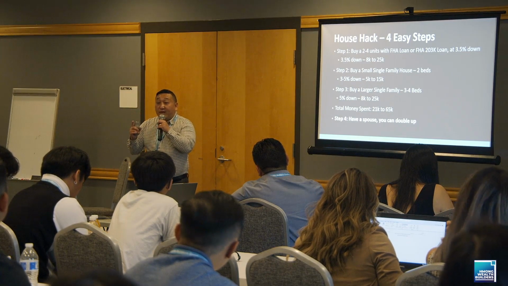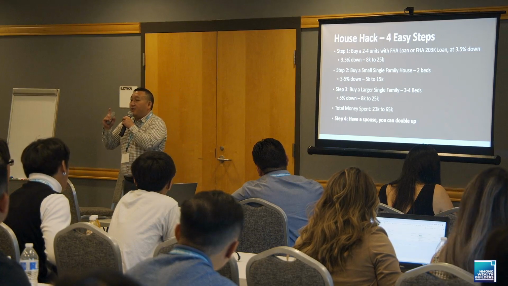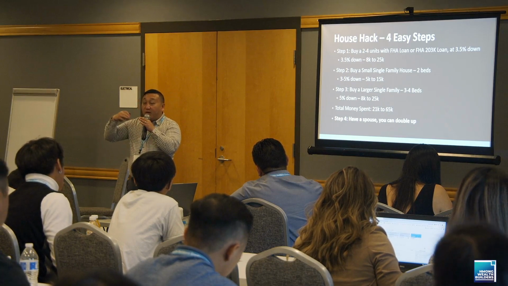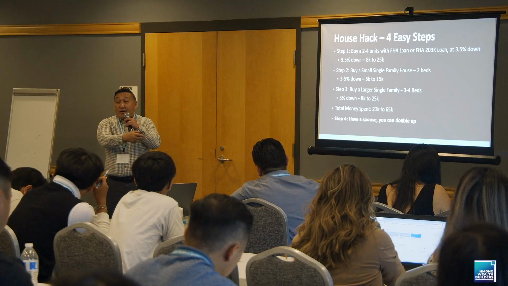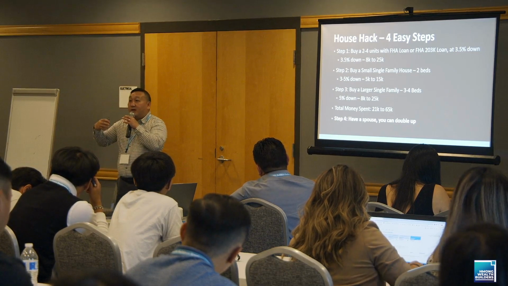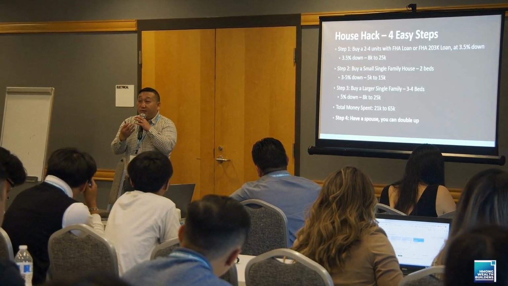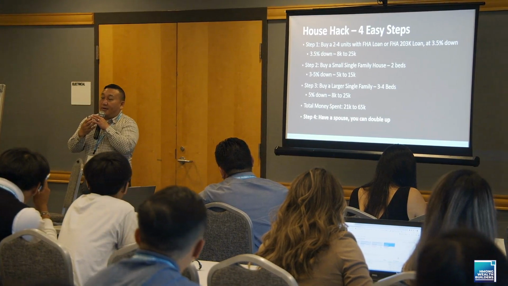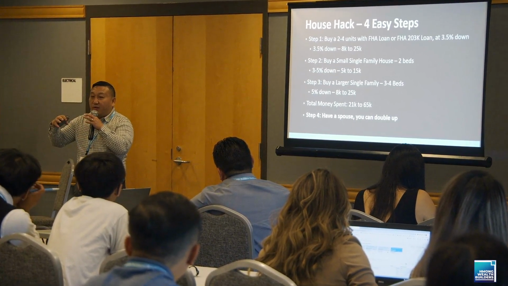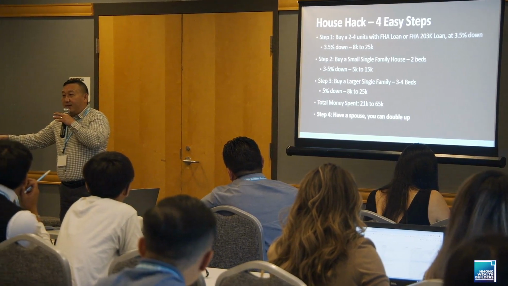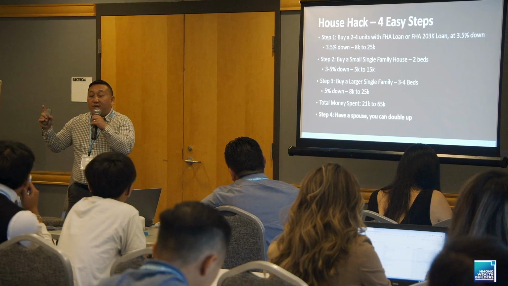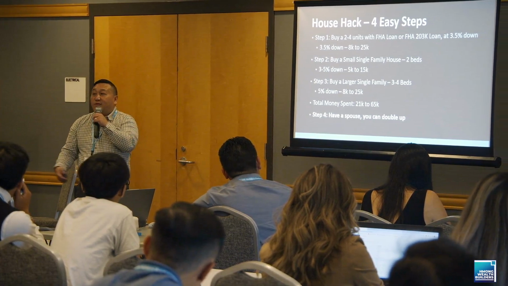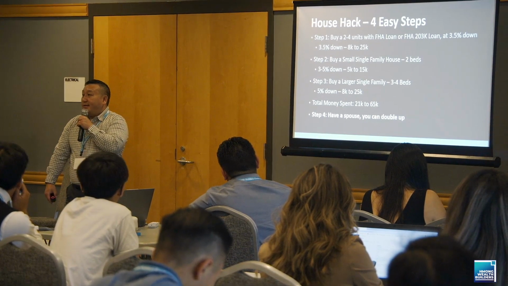The rule for FHA is that you can have one FHA loan under your name at one time. So let's say you use it now, and then the market goes up, you refinance the property, or you fix it up with the 203K loan and you have enough equity, you refinance it to a conventional loan, which I don't recommend right now because of the high interest rate. But you could refinance into a conventional loan and then use the FHA again. Most of the time, everybody just says first-time home buyer because if you're a first-time home buyer, you automatically qualify.